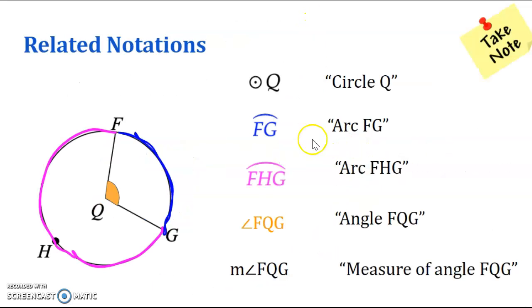Finally, you are supposed to take notes on some notations. To refer to this circle, we would say circle Q. To refer to this FG, the arc length, we would use